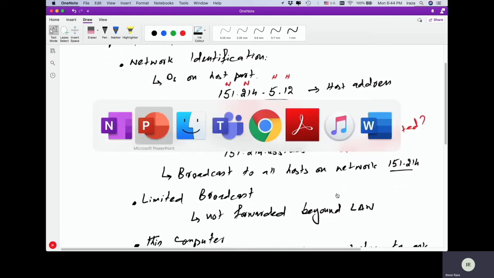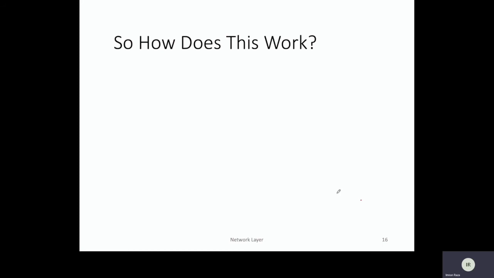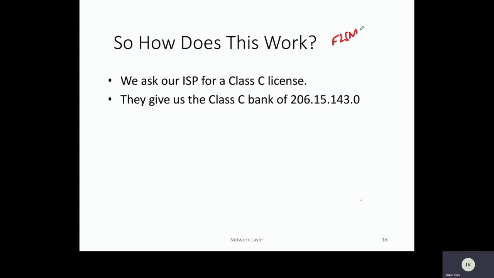So let's go back to the subnetting process and see how we can implement subnetting. And by the way, the type of subnetting that I'm discussing with you at the moment is called fixed length subnet mask, FLSM, right? In a minute, we'll also talk about variable length subnet mask. So let's assume that we have asked our ISP for a class C license, and we are given a class C address of